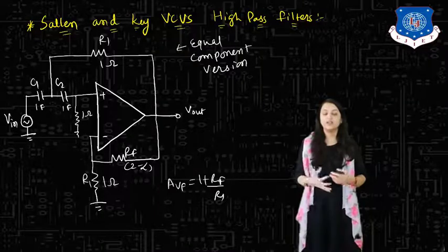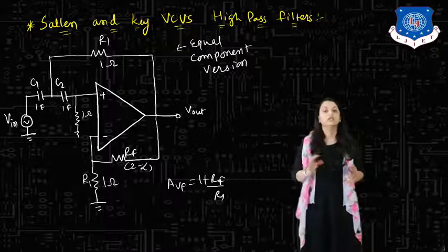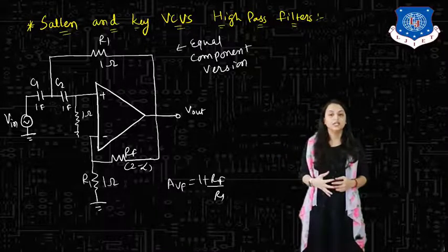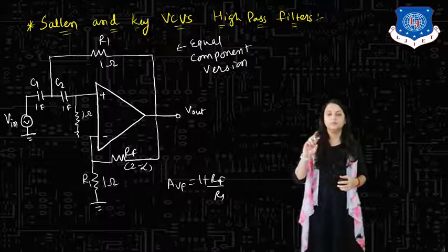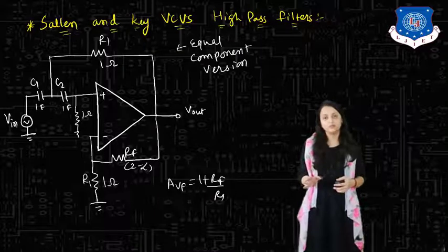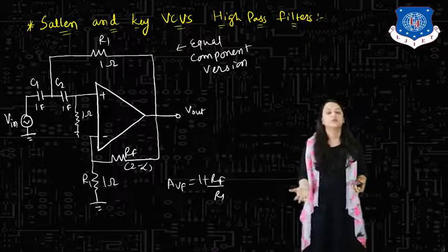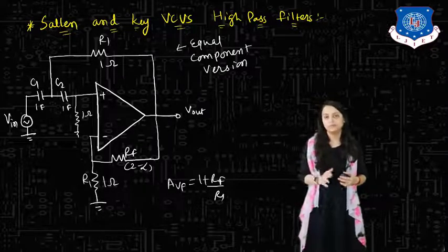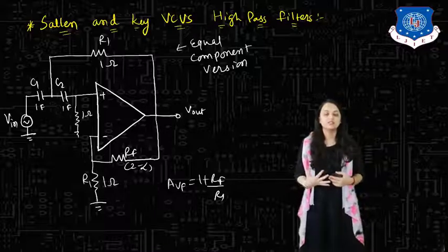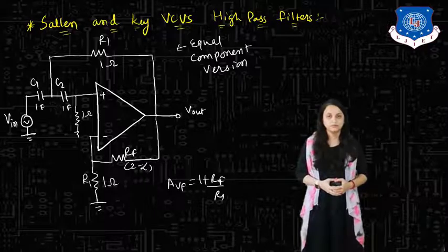Same way we can also design the Sallen-Key BCBS high pass filter for the unity gain version, the same way we did for the low pass filter. We need to have capacitance values which, multiplying with each other, give the value 1. That means the gain value 1. And we can take the resistance value 1 ohm, or we can have other values, then by multiplying them we can get the value 1. So we can design the Sallen-Key BCBS high pass filter for the unity gain version as well.